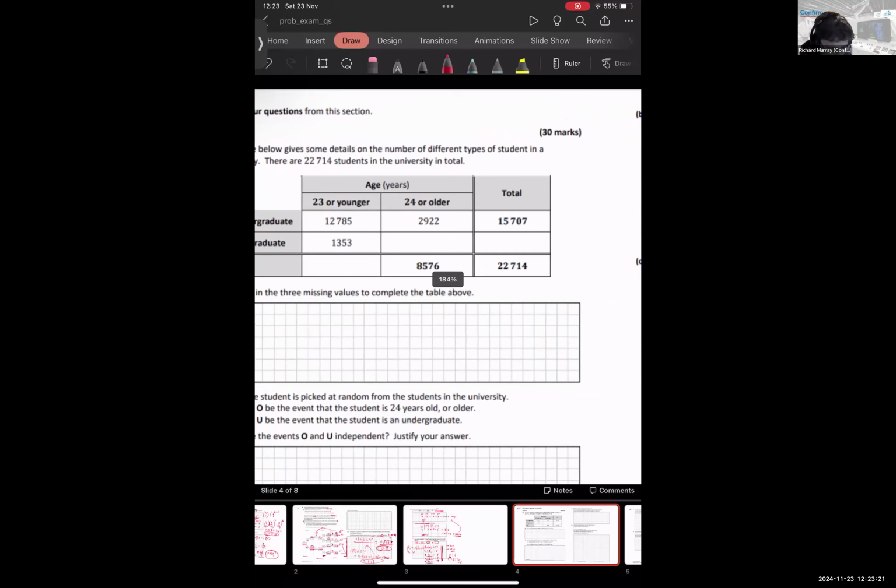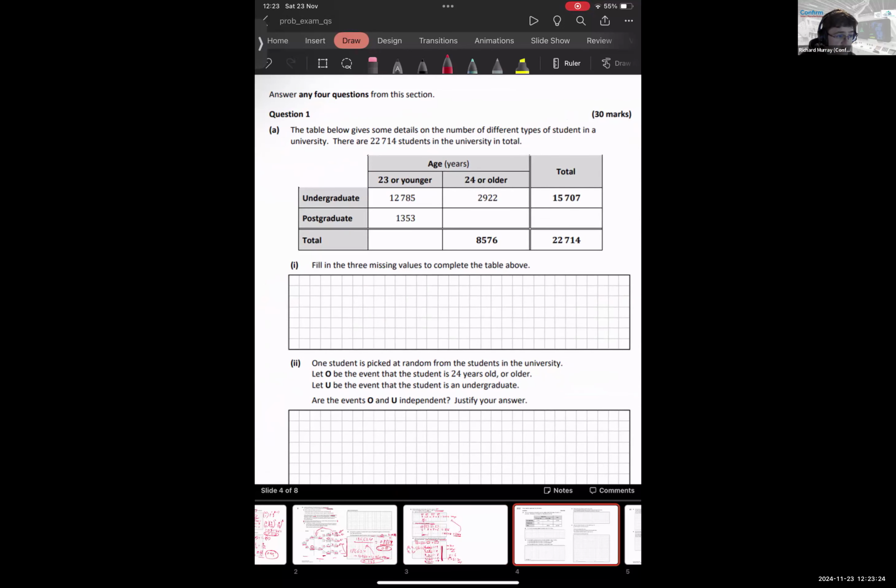I mentioned this one while we were carrying it out. It's another question where they would want you to fill out the missing values from your table. So you would first do the columns. We would see 12785 plus 1353 gives us 14138. And then we would do our second column. So 8576 minus 2922 gives us 5654. And then 1353 plus 5654 gives us